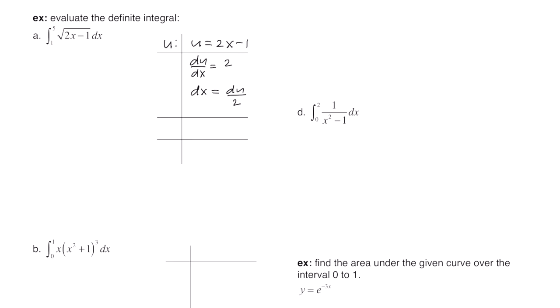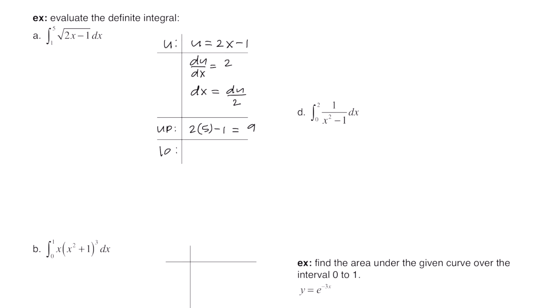So what I'm going to do here is write up for upper and lo for lower. So we take our upper limit, which is 5, and what we do is we plug it in right here for x. So again, you take your upper limit and you plug that value in for x into the expression that we let u equal. So 2 times 5 is 10 minus 1 gives us 9. So that's going to be our new upper limit.